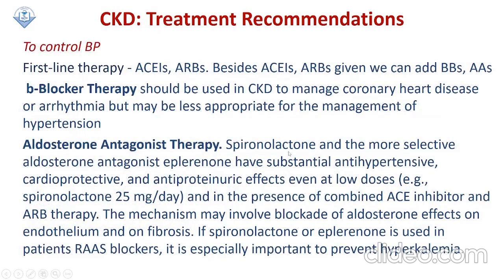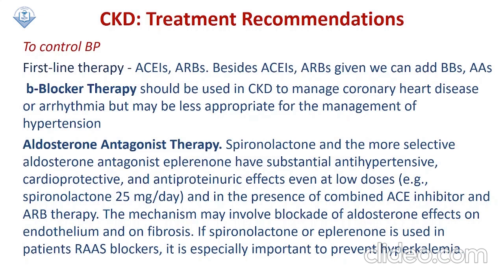And next, for controlling blood pressure, there are beta blockers and aldosterone antagonists. But I draw your attention that beta blockers are used mostly to manage coronary heart disease or arrhythmia. For hypertension, they are less appropriate because they decrease blood pressure not as intensively